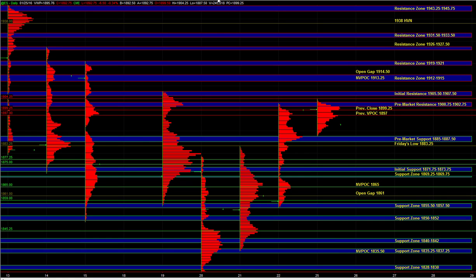So in the overnight session, ES for the most part consolidated within Friday's range, and at this point heading into the open, the short-term bias is really more neutral because the market can resolve in either direction outside of this balance. We're still going to give buyers the edge as long as ES can hold above 85 to 87.50, because